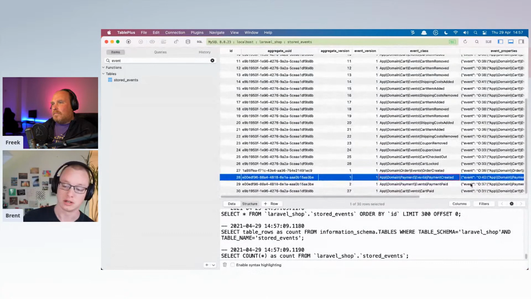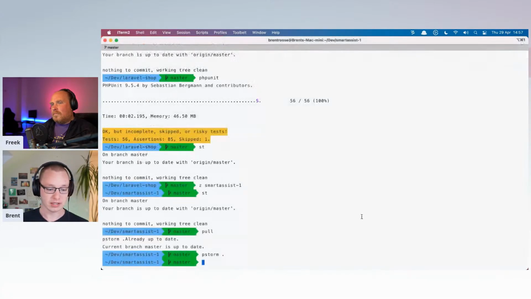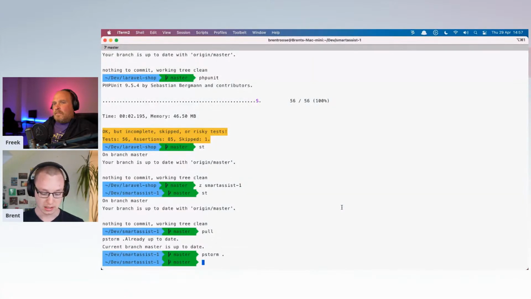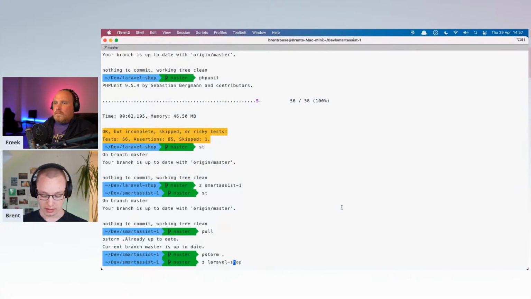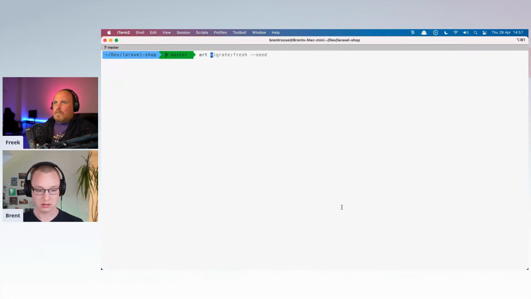Let's review the event log once more. Payment paid, cart paid. Oh yeah, the order isn't completed yet, and that's because a few things need to happen when the payment for an order is paid. There needs to be some kind of PDF generated as an invoice, and it needs to be sent to the customer, and that's done in Horizon. So let's run it right now, and in just a second.